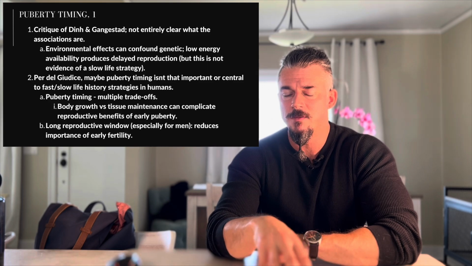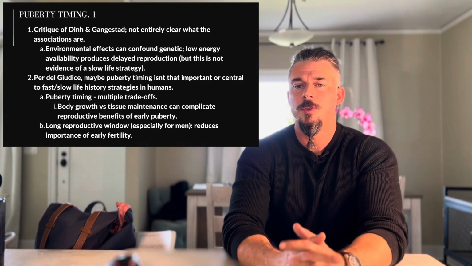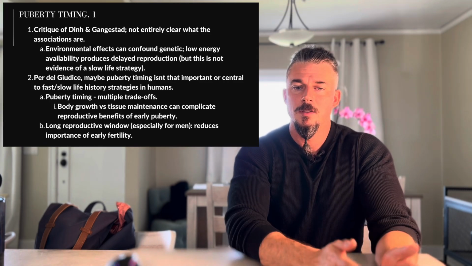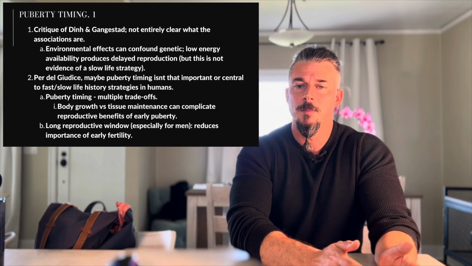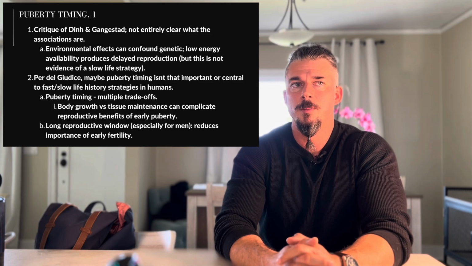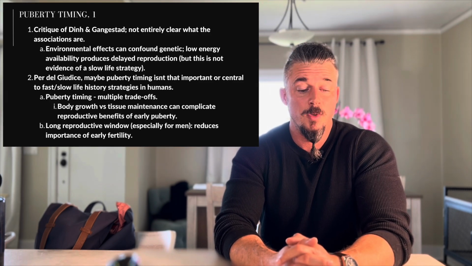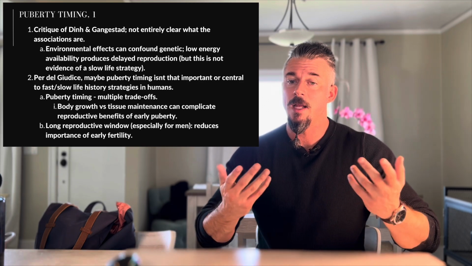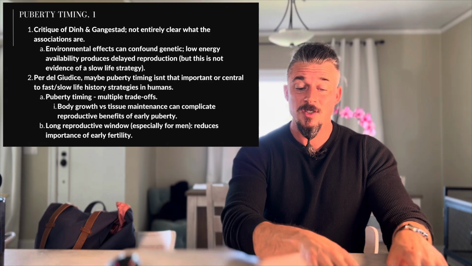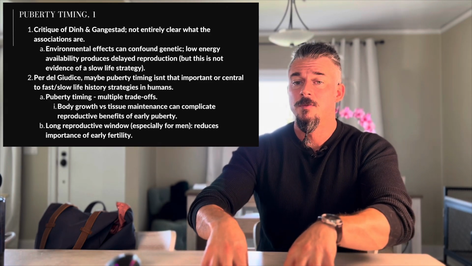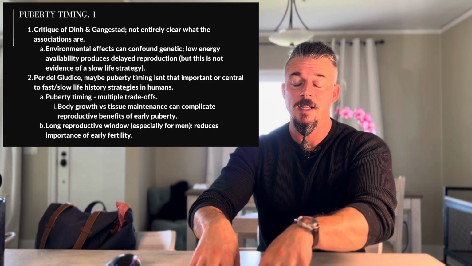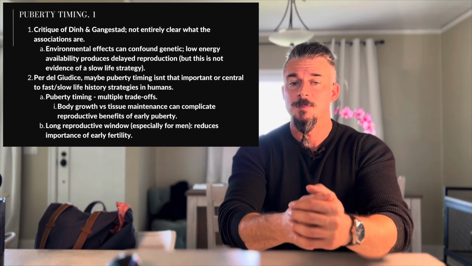So there's multiple trade-offs here to puberty timing, right? Bodily growth, tissue maintenance, that kind of a thing. Earlier puberty, right? Kind of cuts off the growth of the body over time. Tissue maintenance, though, it also conserves that. So that's what you see there, is that earlier puberty occurs in resource scarce environments where it's like, I can't really develop any further. What happens to individuals in those environments? They're shorter, that sort of a thing. So what happens if someone is shorter, for example? That's not super advantageous for men. So these environments also constrain the kinds of reproductive strategies that men can engage in, right? Fast, slow, whatever the case may be.